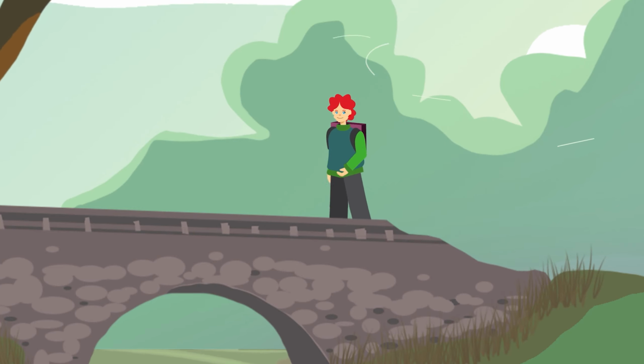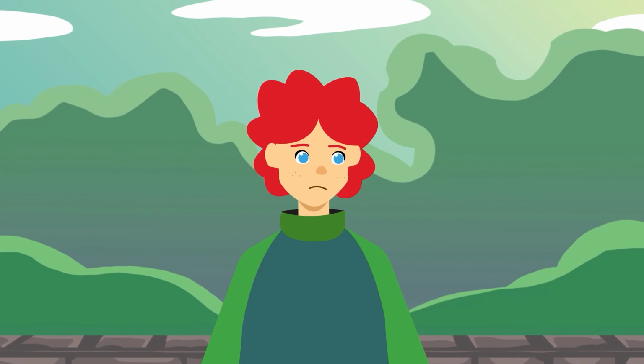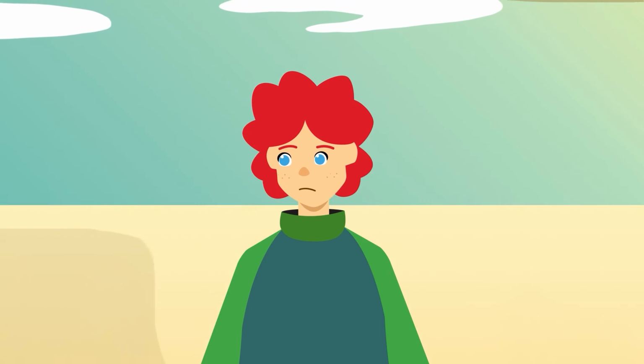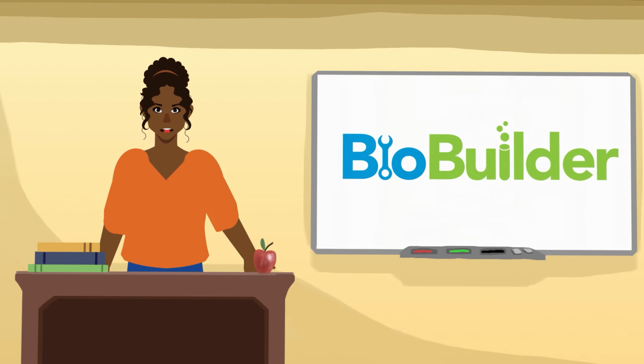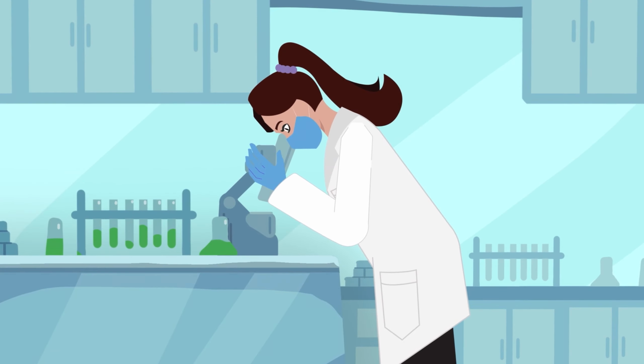Throughout history, humans have found innovative ways to make their world a better place. At BioBuilder, we believe that the next big stage of human innovation begins with synthetic biology. Okay, class. Synthetic biology is where scientists can modify an organism, such as yeast or bacteria, and allow them to